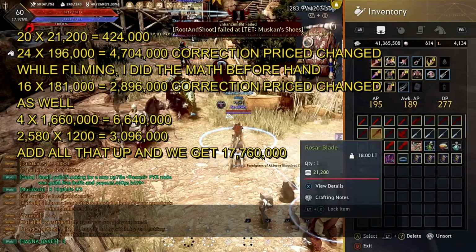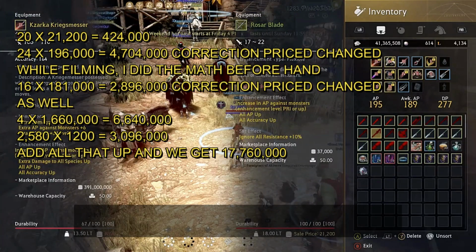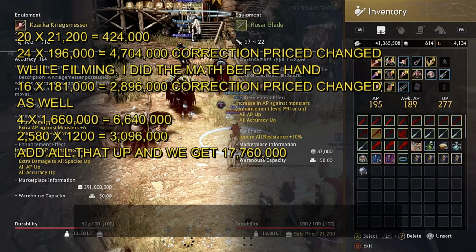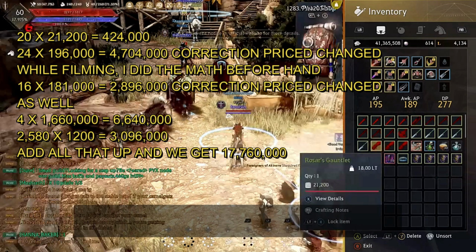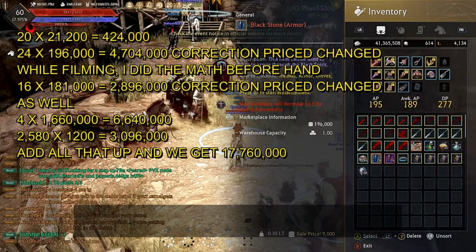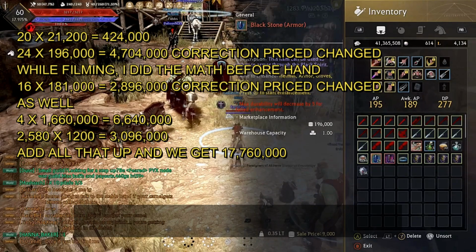Now if you guys manage to sell these on the central market, they do go for 37,000 a piece, so you guys will make a little bit more money if you sell them on the central market. I'm gonna go ahead and sell them to the vendor. And then we also have Blackstone armor stones. We have 24 at the price of 196,000 in the marketplace. If you guys add all that together, that's